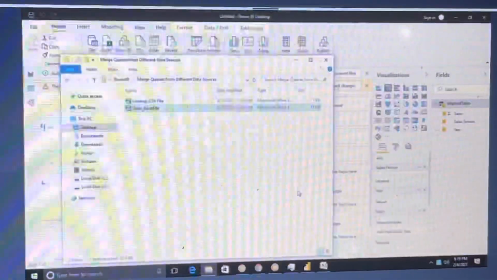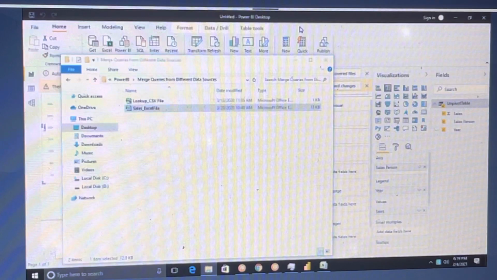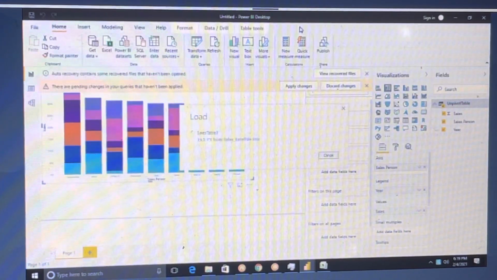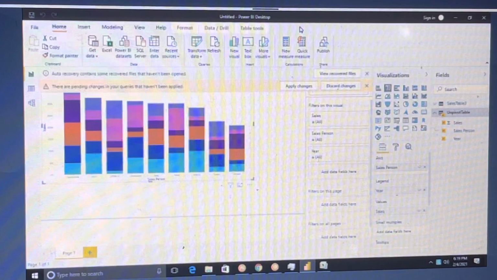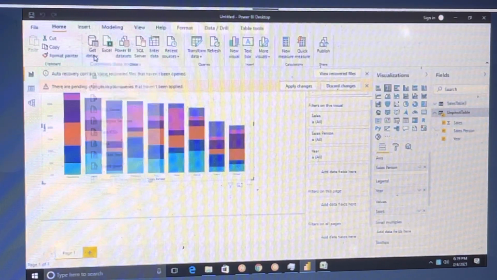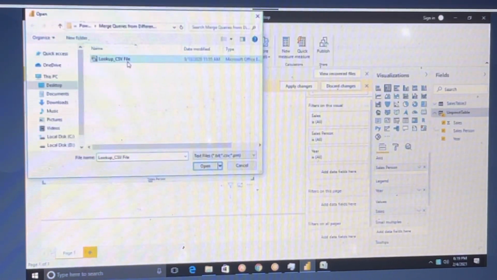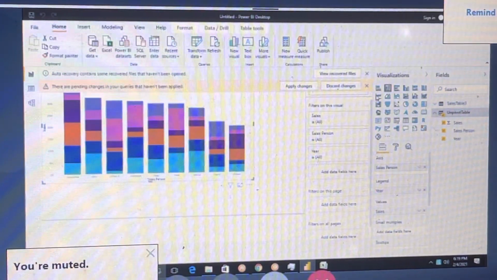So the data is loaded. Now again I have a CSV. Click on CSV and now lookup CSV, you can open.